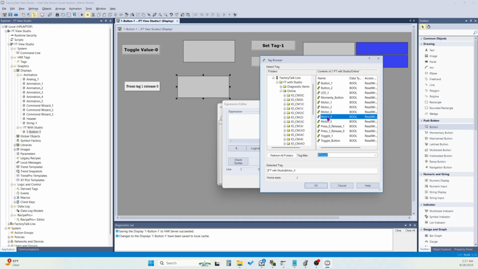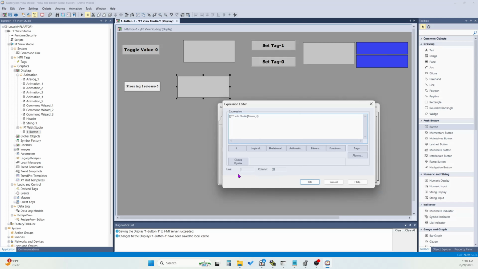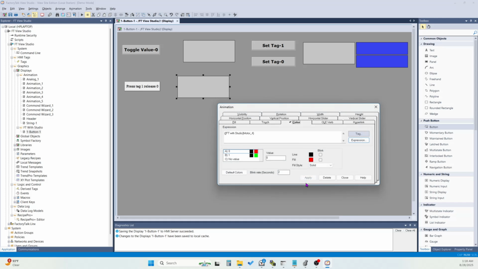If you have any other tag, you can select your tag, whatever tag you created, no problem. After that you need to click on OK, and here you can see check syntax. Syntax should be valid, always valid. Click on OK,